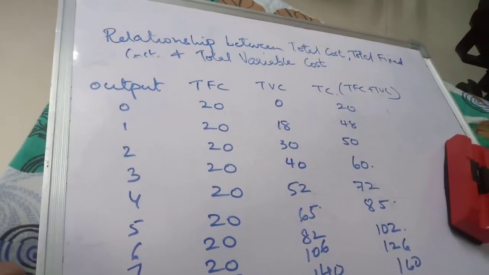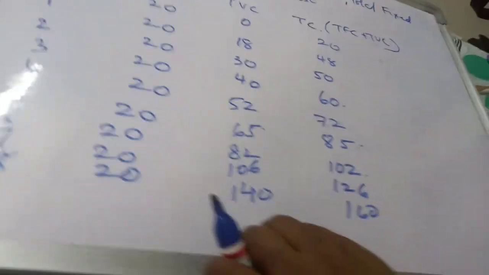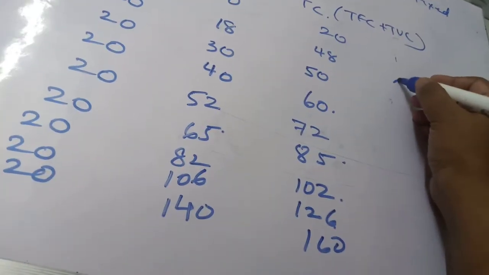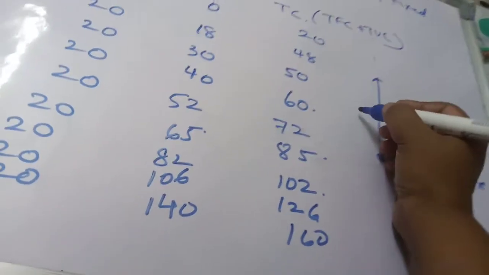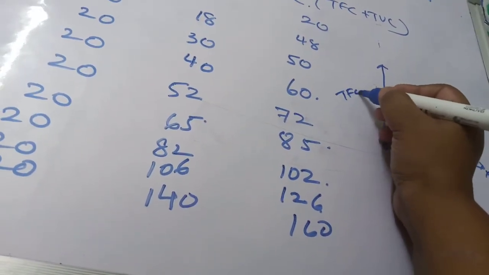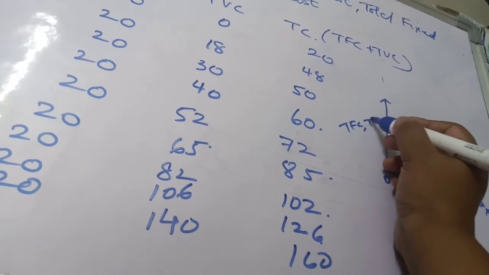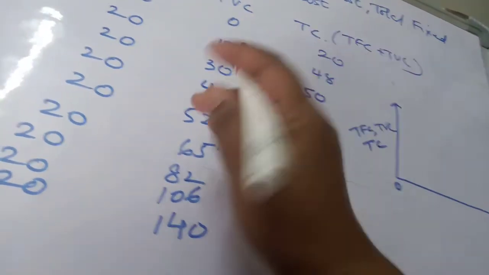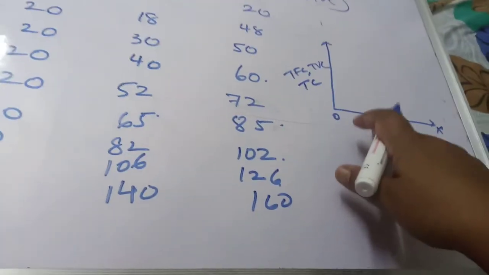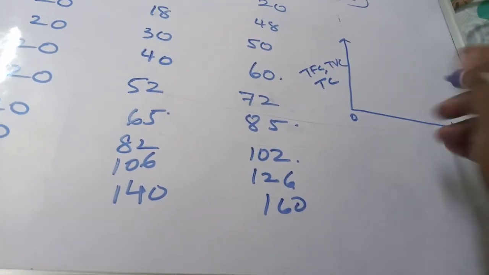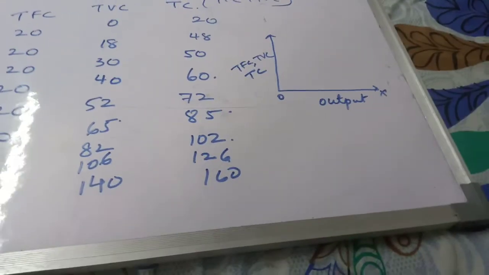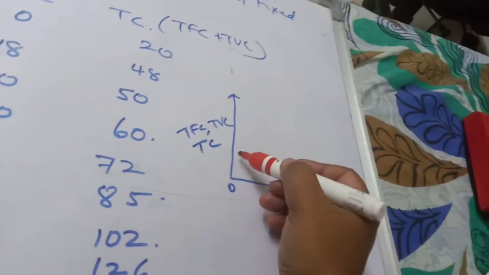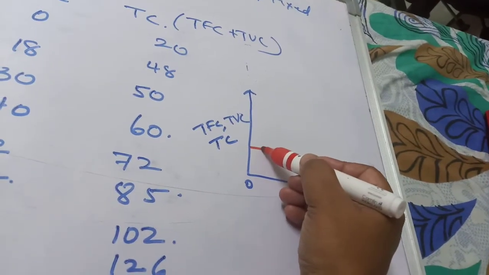Okay, you're going to plot, and what is your diagram going to look like? Okay, though you don't have to plot in the exam, you just have to make the diagram, and I'm going to help you understand how diagrams are made. But still I would like you to plot this so that you know that the shape of the curve is going to be like this. So output on the x-axis. Okay, we're going to first pick the total fixed cost.